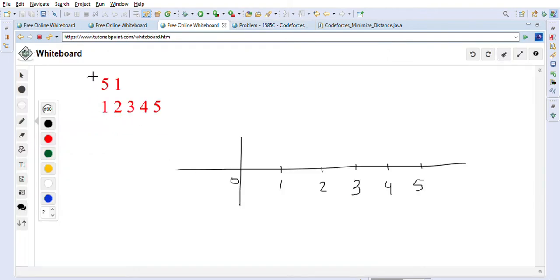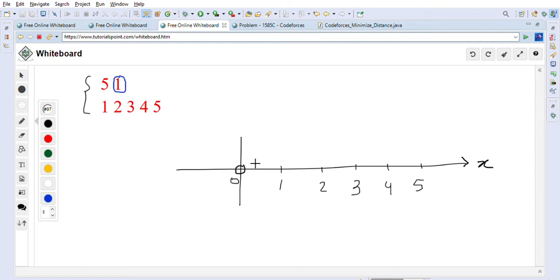So let's go and take a look at this example on the whiteboard. This input is given to us, and I just plotted a graph. This is the x axis, and this is the 0 where we have all the bags in the beginning. These are the depots 1 2 3 4 5. We have to deliver all the bags there, and at most one bag we can carry. This is given to us in the question.